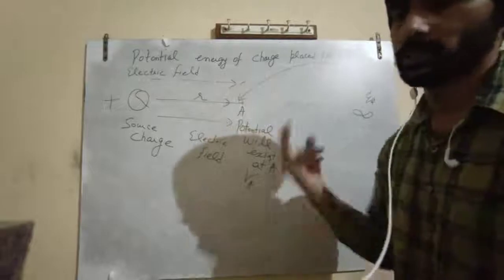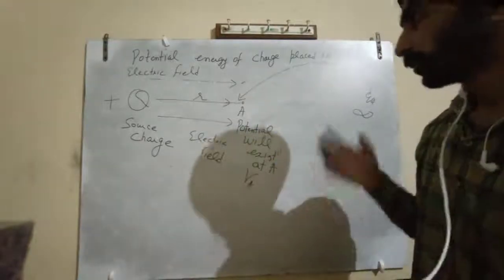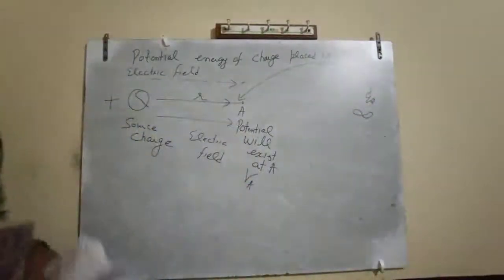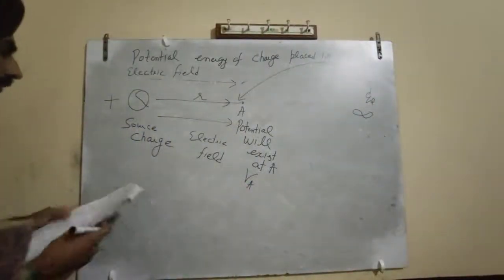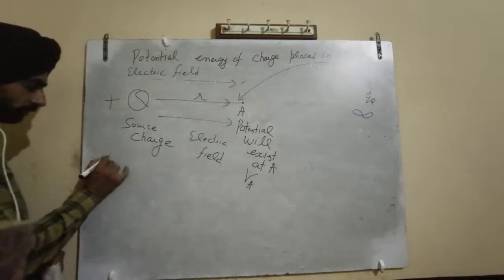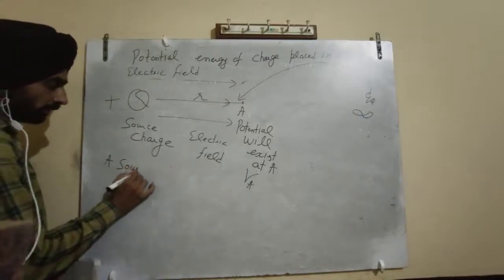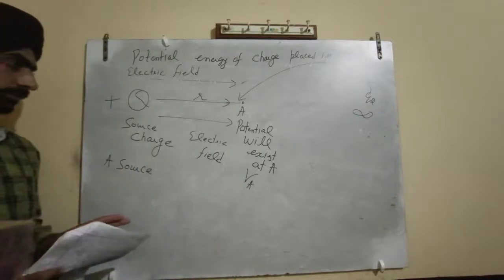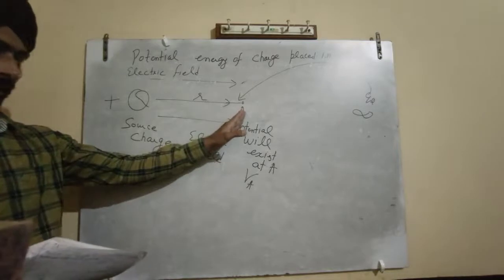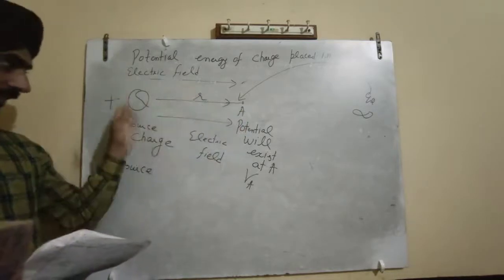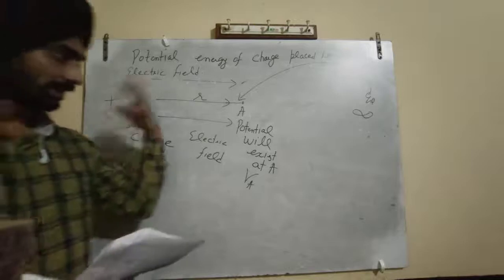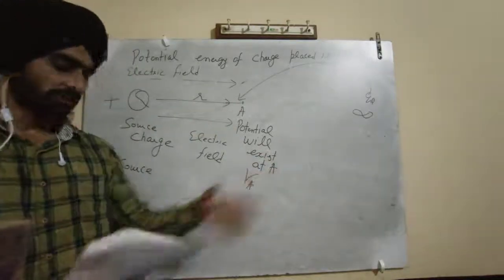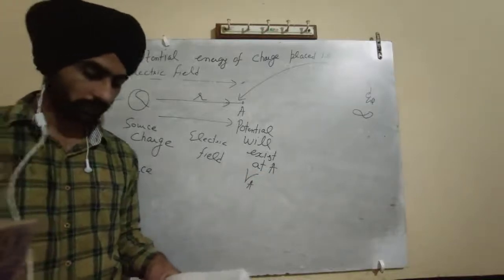In a system of 2-point charges, no electric field is there. So here electric field is there. You should remember that. So write some wordings. Same thing: a source charge plus Q is there. You have to write the wording. So at point A, which is at distance r from plus Q, electric field will be there, and due to that, potential will exist at A. Suppose VA is the potential at A.